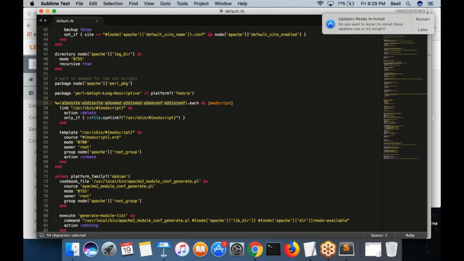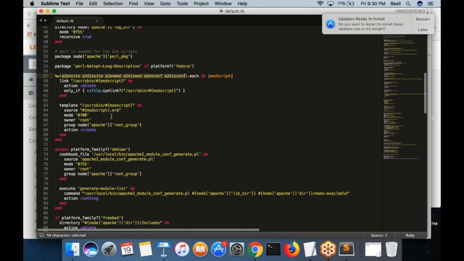Then this is another piece of code. These are some commands which you are deleting. I don't know why they are deleting it. The a2en commands, probably, yeah, good idea.